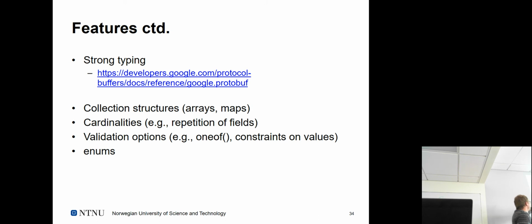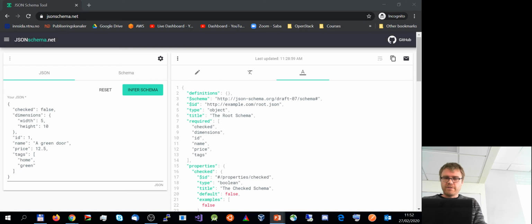The collection structures are on par, I would say, but you have the representation of cardinalities or list of repetition of fields, and you have further validation options that can describe constraints, both on values but also on options for selection options that are allowable, for example. So it's quite a bit of features that are supported as part of this.